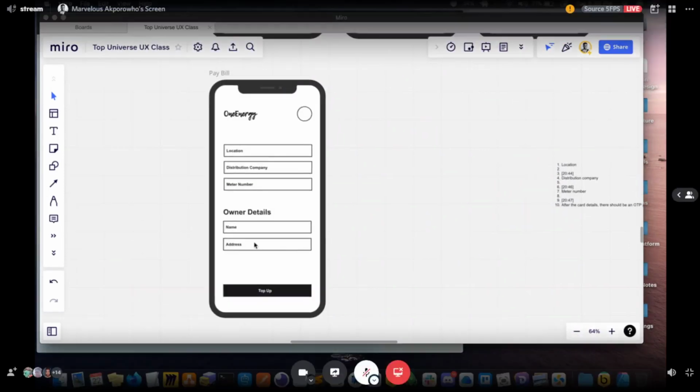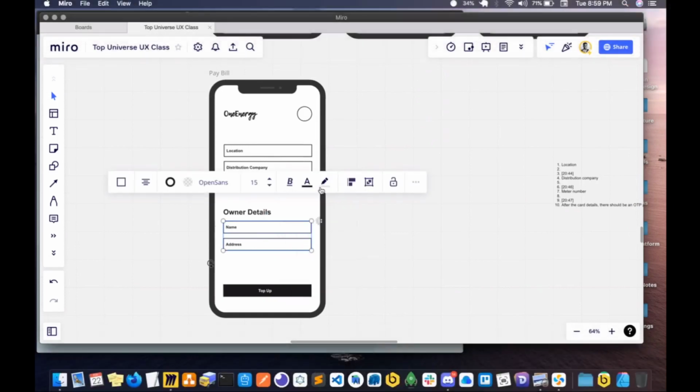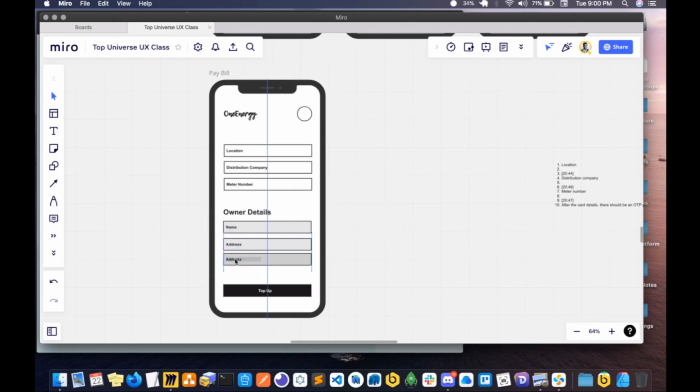Okay, so this is going to be disabled, and let's see if I can have some sort of highlights. Once you put in the meter number, this would pop up automatically, just like a form of confirmation to show that this is actually your meter, to avoid mistakes, right? This is going to show your name and your address. I don't think this is vital detail enough. I think we need to also have another detail, maybe a phone number, because of course you can have